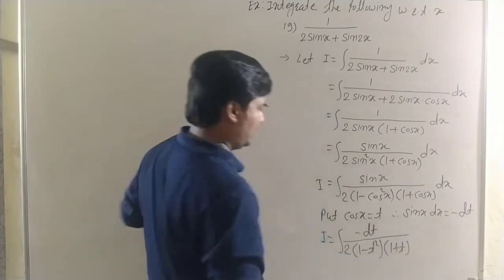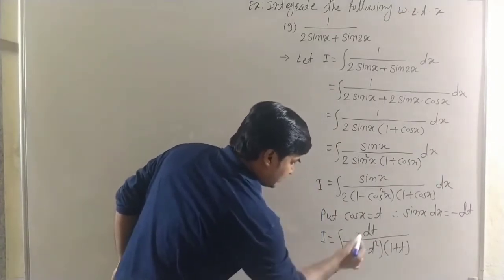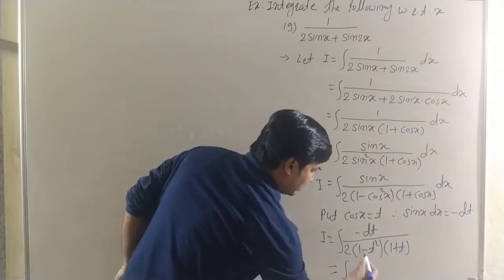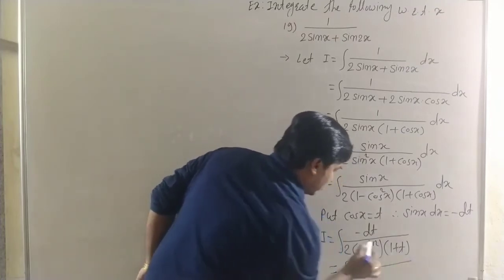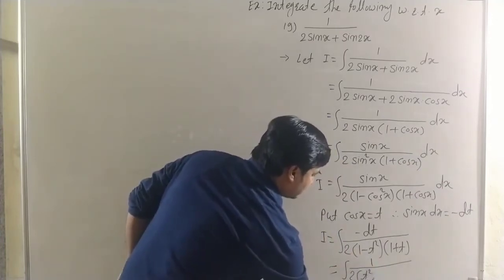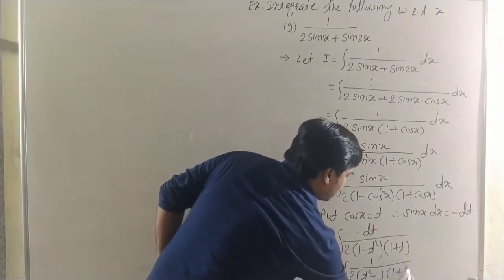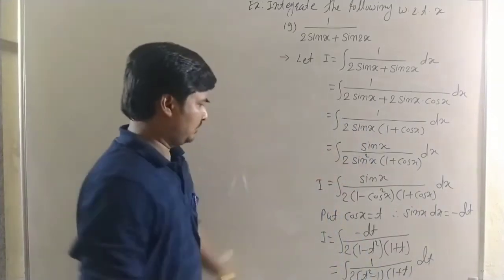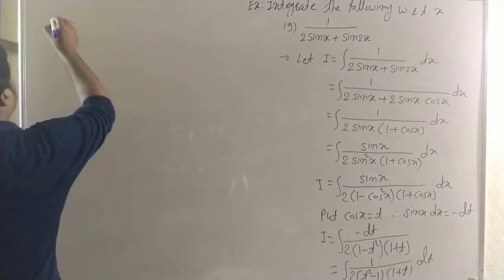Okay, see carefully, this can now be written here. This minus we can take in the denominator, and in the numerator it is dt, that means 1. Here we can write 1, therefore 2 into t square minus 1 into 1 plus t, or it is t plus 1, and here dt. See carefully, this minus can be written in the denominator, and therefore